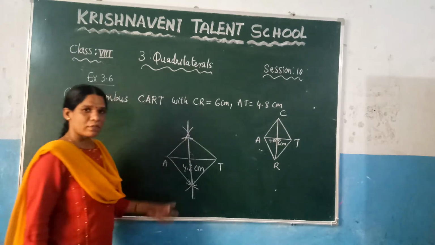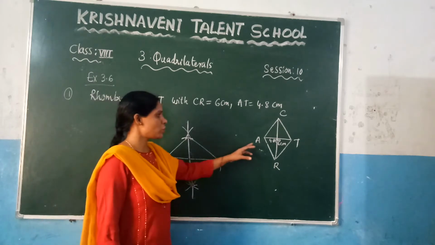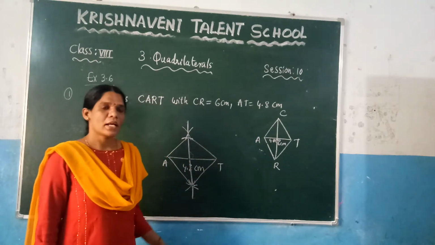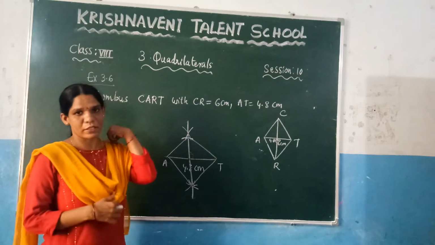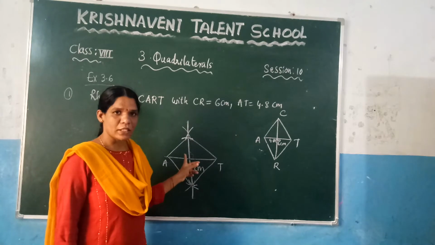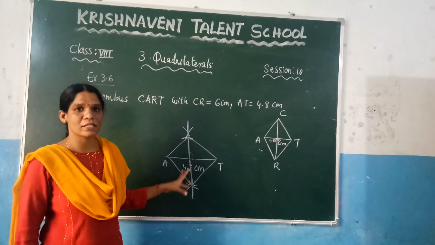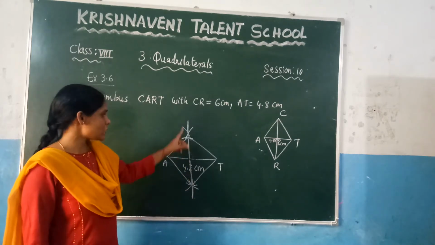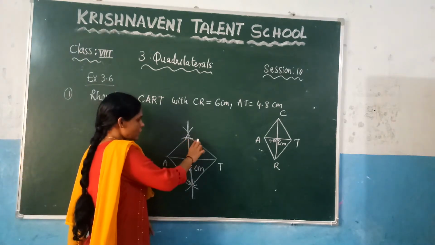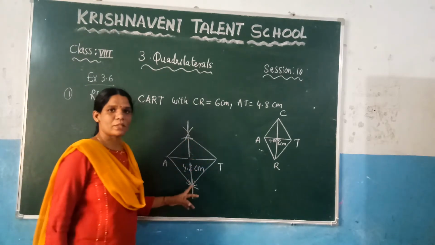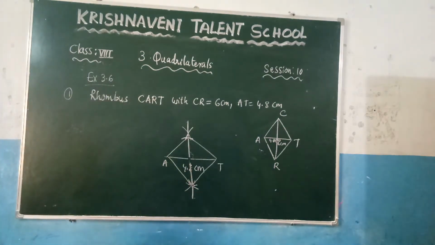This is our required rhombus. Like that you need to construct the rhombus. Again, what we need to do, first you need to draw the line segment of 4.8, and after that you have to draw the perpendicular bisector. After drawing the perpendicular bisector, you will get two lines which are perpendicular to each other, and you know that this is the line bisecting each other. The diagonals in the rhombus bisect each other. So since the total length is 6, what is half of that, which is 3. So at this point make a 3 centimeter arc, and at this point draw a 3 centimeter arc, so that we can construct the rhombus. Now see here how to construct.